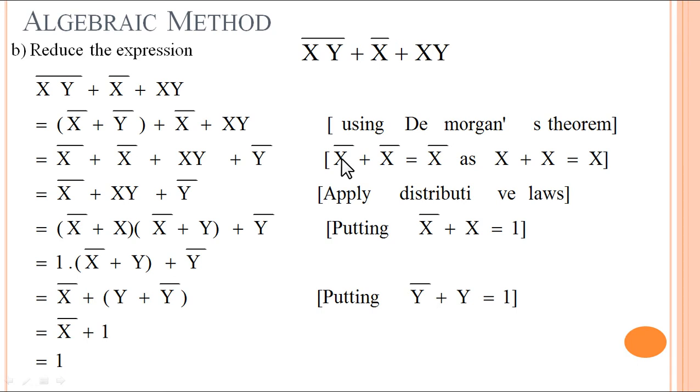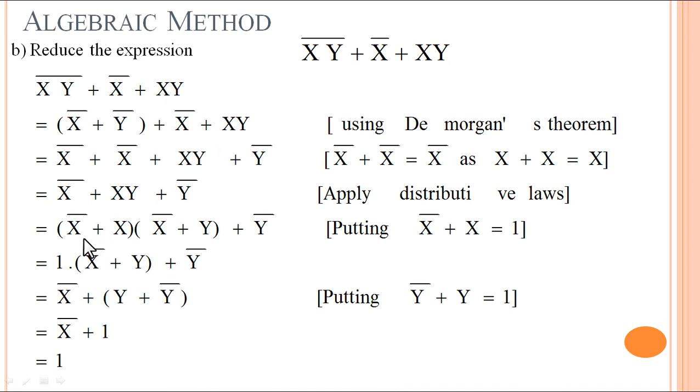Similarly, x bar plus x bar is equal to x bar. So if 2x bar is written, only one x bar will be considered. One x bar is omitted and one x bar is written. So the expression will be x bar plus x into y plus y bar. Applying the distributive law by multiplying x bar to these terms, we get x bar plus x multiplied by x bar into y, y bar is over here. For that purpose, we have rearranged the terms in this particular statement.